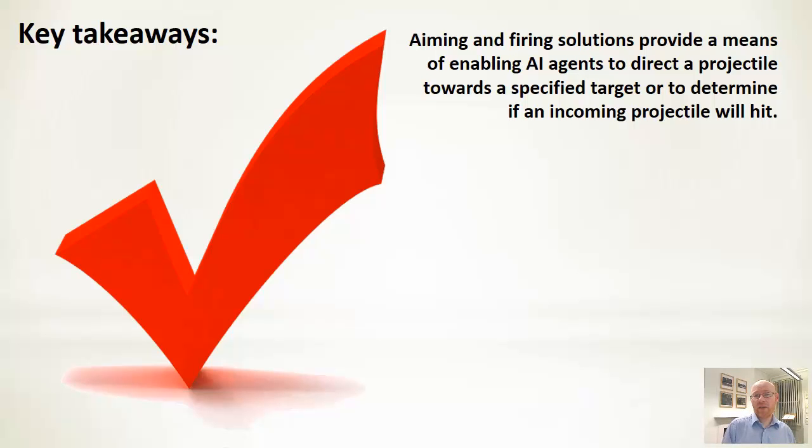Key takeaway there, aiming and firing solutions is a fairly big area. We showed you one example within this of a non-powered projectile, just a thrown projectile that's subject to gravity, about how we can work out where it's going to land, and equivalent to that, then work out what angle we throw things at to hit a target location, or if something's coming